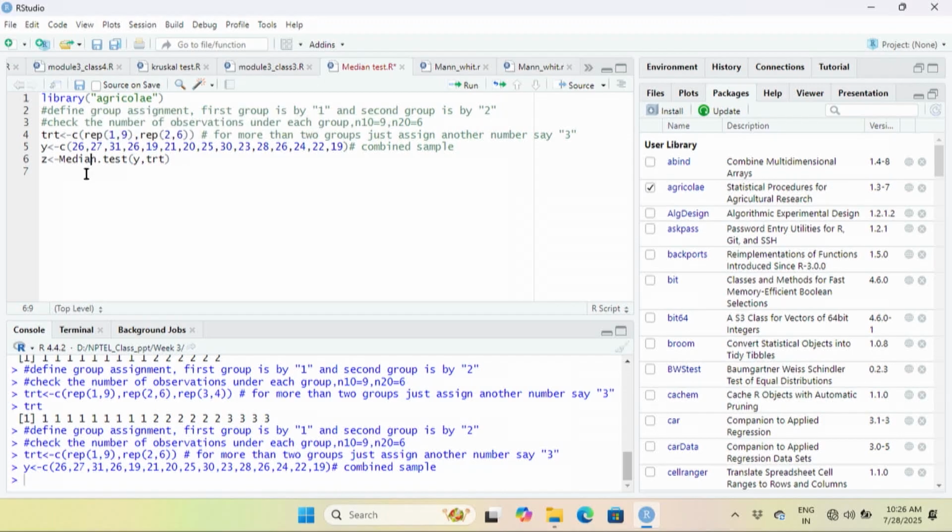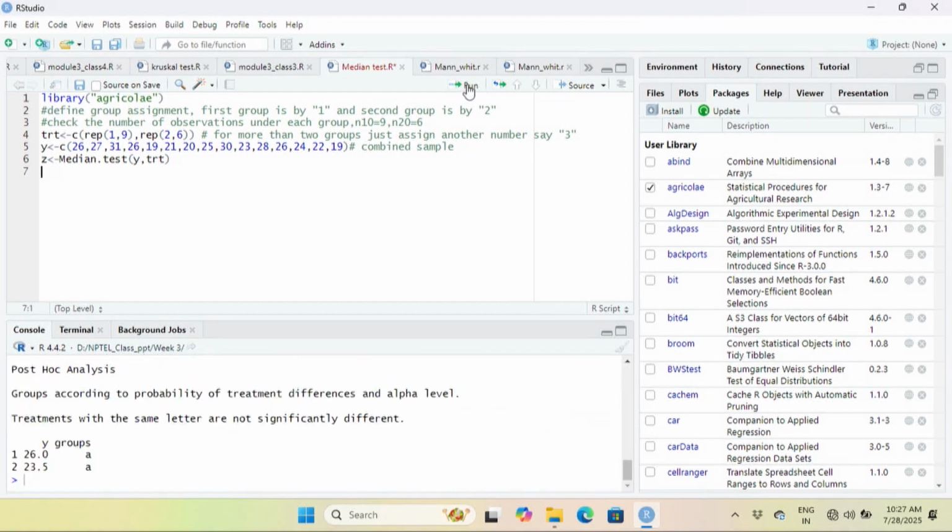You have to write median, remember M is capital, median dot test, which is a function already built into this library, agricolae, and Y. Y is your data set. Never forget to append this TRT, comma TRT. That means you are trying to make the median test over this structure of grouping, over this structure of treatments. So run it